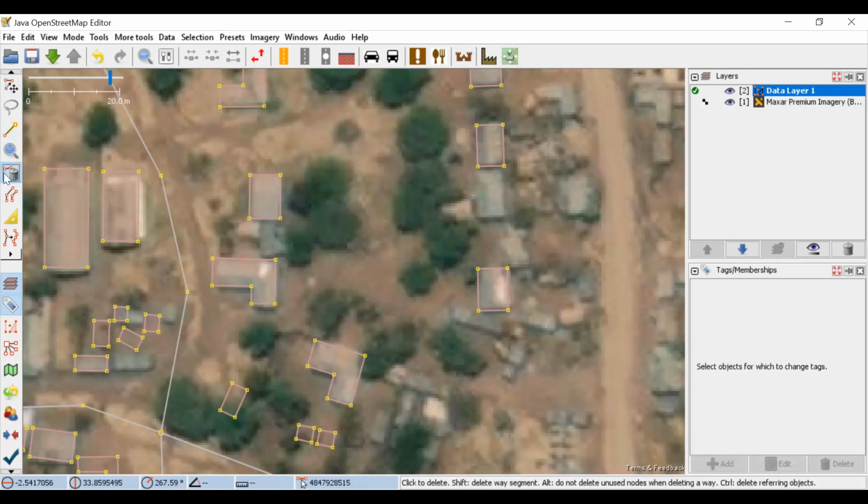So if I draw this, selecting this, and then I double click, and then I want to delete it, I will just go to delete and it will be deleted. So that's how JOSM works. This is a very basic introduction of JOSM. I just wanted all of us to get the